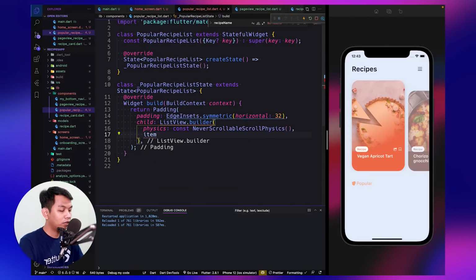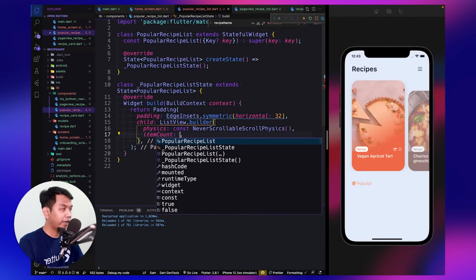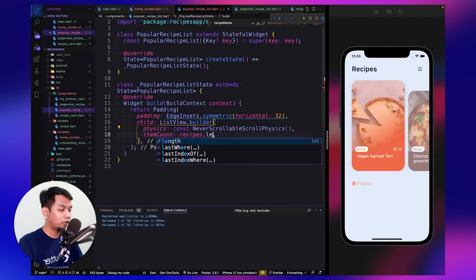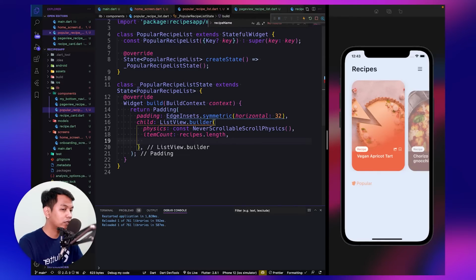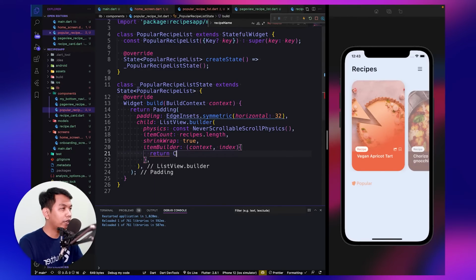Okay, and because we want it to not be scrollable, we use never scrollable physics, and item count. Make it receipt.length, because for now I haven't created a popular receipt model, so we use this receipt model. For shrink wrap, set it to true, and item builder context and index, and we return something right here.